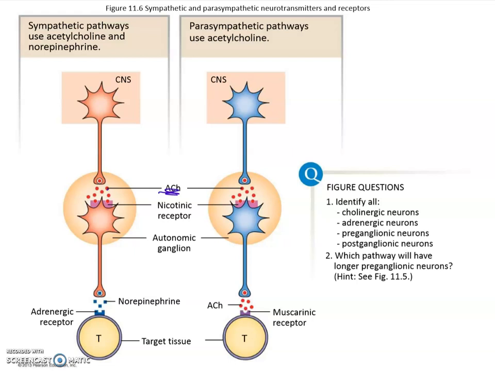We have nicotinic type of acetylcholine receptors here. But anyway, the important information is we're using acetylcholine at both synapses here, from preganglionic to postganglionic neuron. Then, of course, on the sympathetic side, we have this long postganglionic